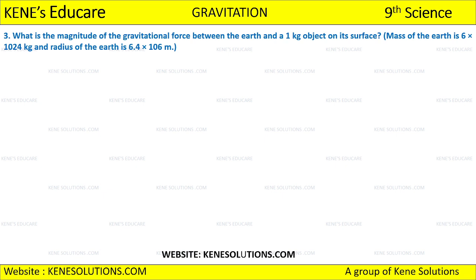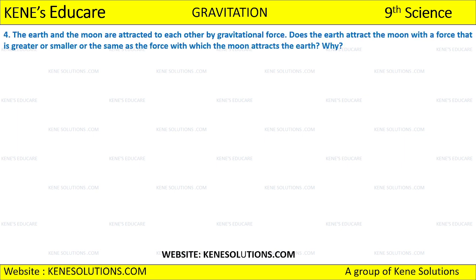Got it? So nothing to worry about. It's just that whatever has been given, you have to apply the formula F is equal to G, the product of their masses, capital M into small m, upon r square, the radius square. So everything has been given over here. Okay. Then the fourth question is,